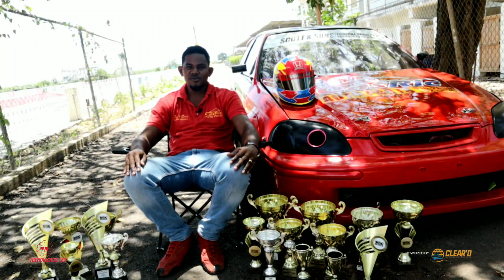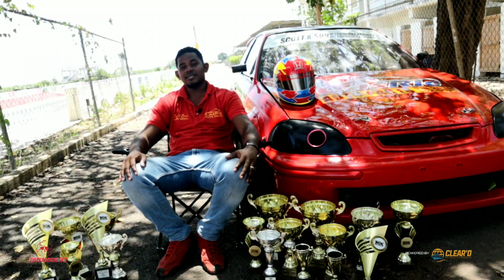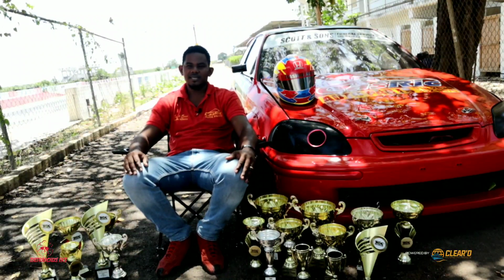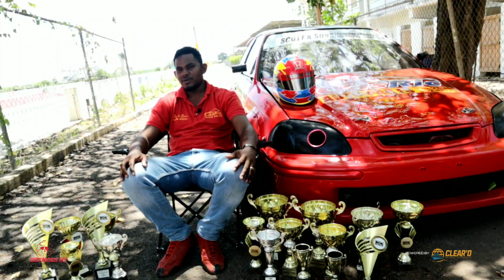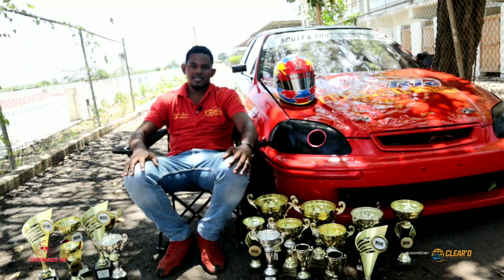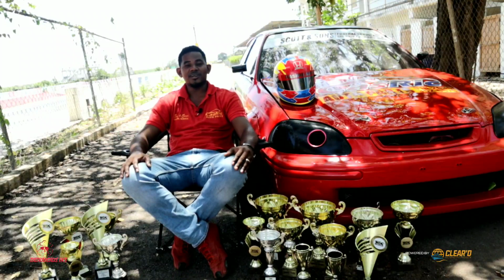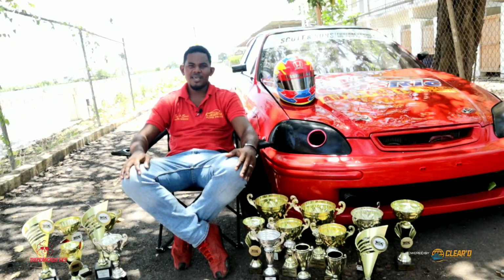However, one Dover race meet, a fellow racer said to me, hey, the back of the car lifts up. We looked into the issue, and he said that, hey, I have a Honda Civic shell, I want you to come and look at it. Anyway, after that same Dover meet, myself and my crew chief, who is my brother, drove all the way from Savanna to Montego Bay to look at the EF. Not the EF, the EG, sorry. When we looked at it,